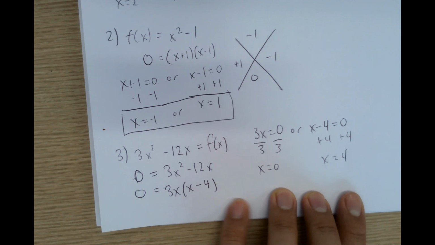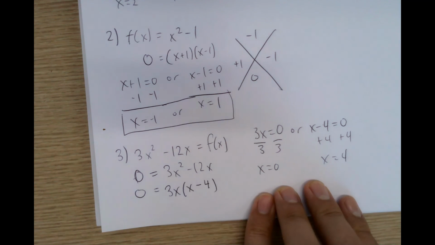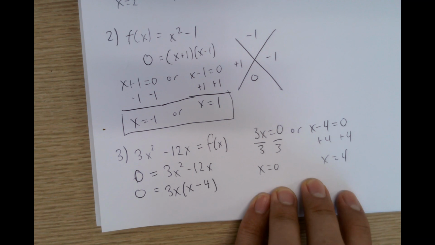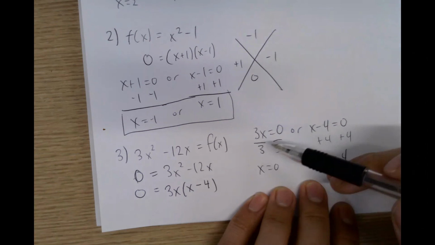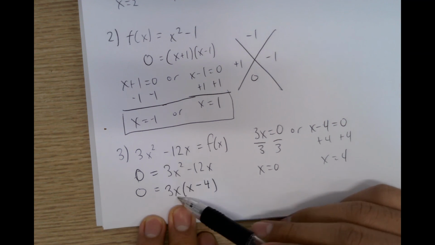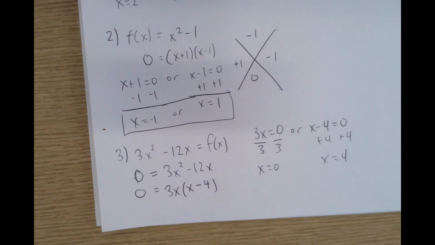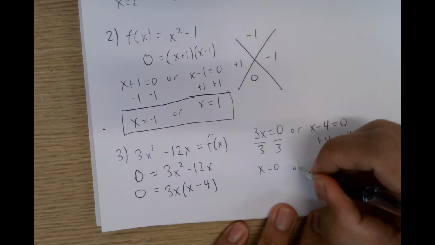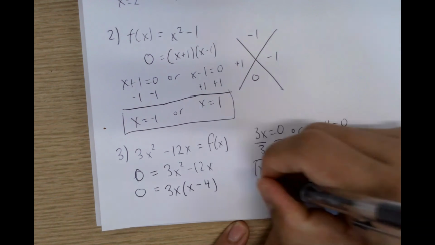So you'll get x equal to 0 in these cases, when you have something times an x by itself. Okay? X by itself. And that's it. Okay. So those are the three different things